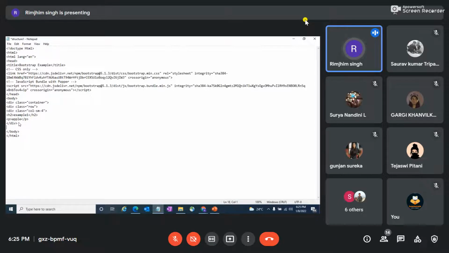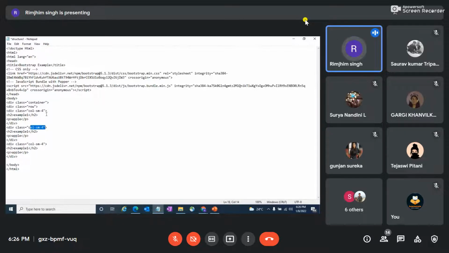And then this was it, and then we can just repeat the same steps that we wrote here, div class row, after this one. As I told you, we have to always use the count of 12 for these columns.